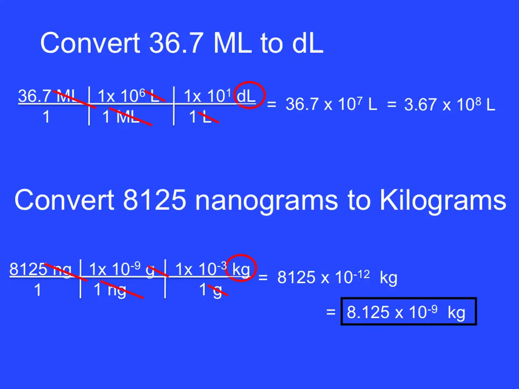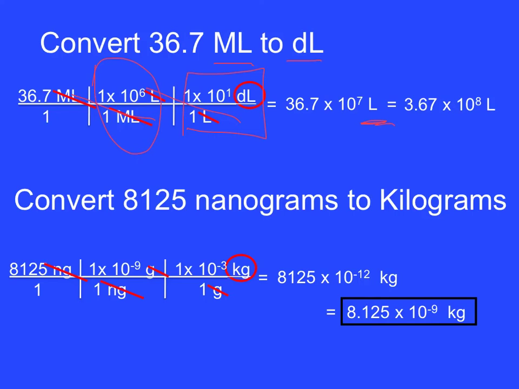2 more examples. Now, with these, they're going from prefix to prefix. There's no simple way to have a conversion factor that goes from prefix to prefix without having errors. So I always say, take it to the base unit, and then convert further from the base unit to the other prefix. When you've done with the setting up of the bracket, you just multiply everything across the top, divide everything across the bottom. All the units should cross cancel like they do in this example, and the last unit